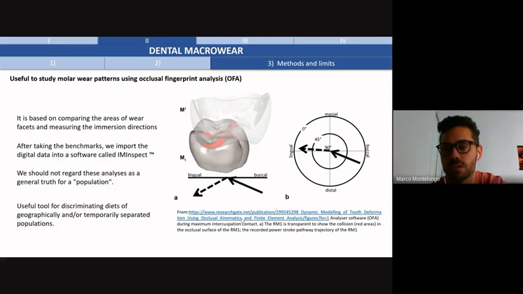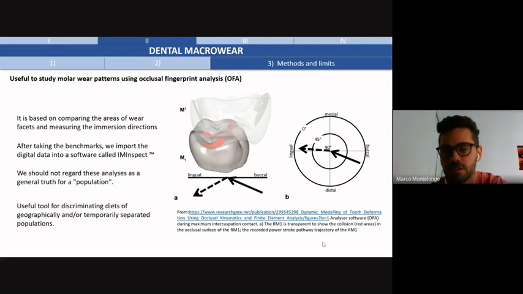So macrowears accumulate throughout life. We can point out that this is based on the comparison of the facet areas of wear and the measurement of the direction of immersion. From this, we can describe the main movements of the dental caps through the three spatial dimensions, providing information on the development, the spatial position, and the enlargement of the wear facet. This can be carried out by means of a